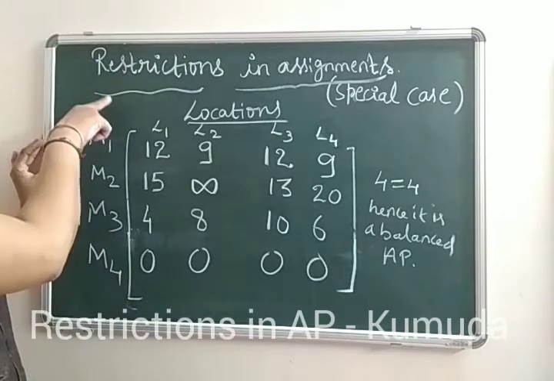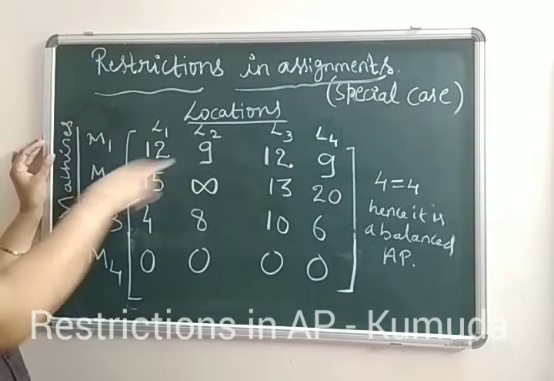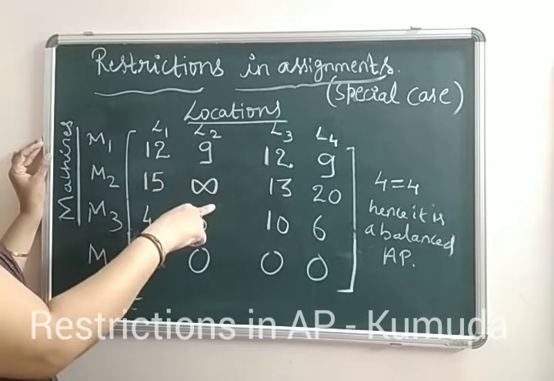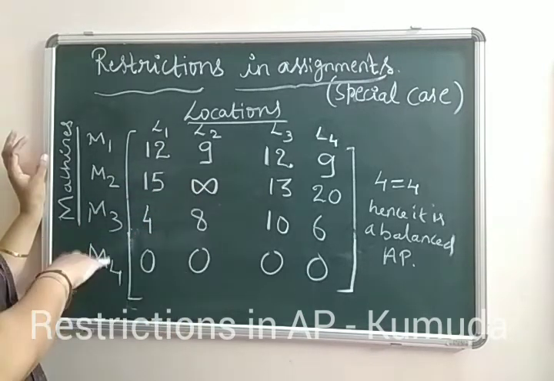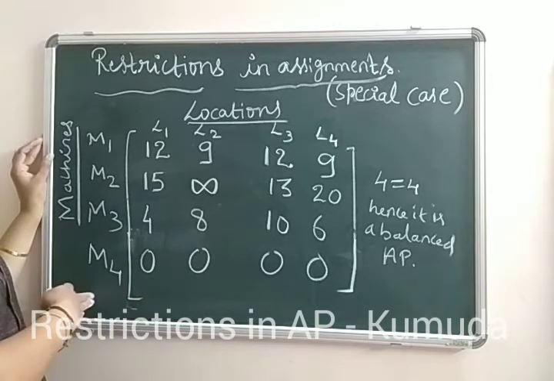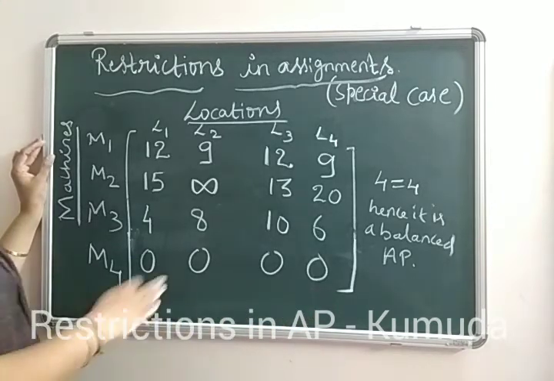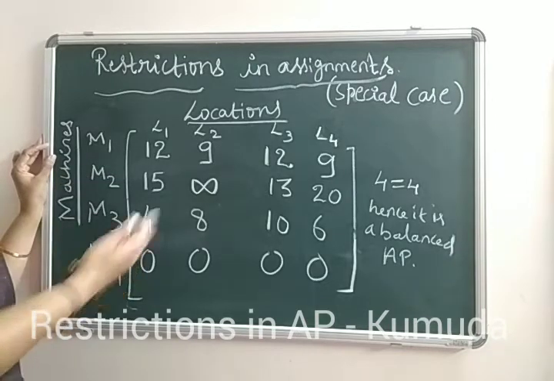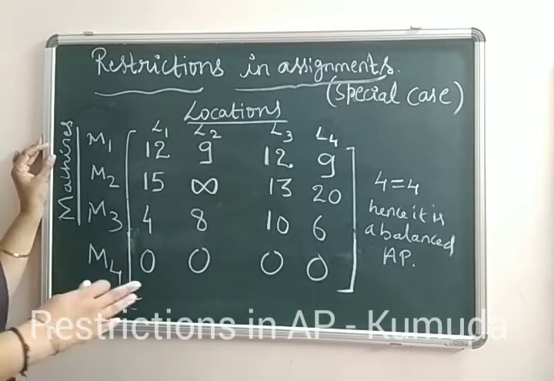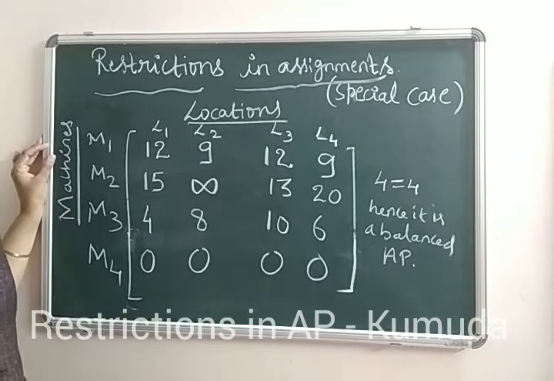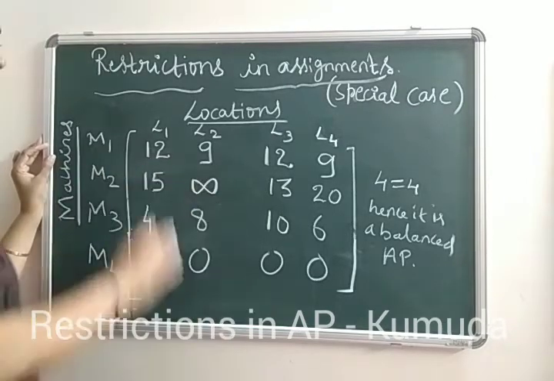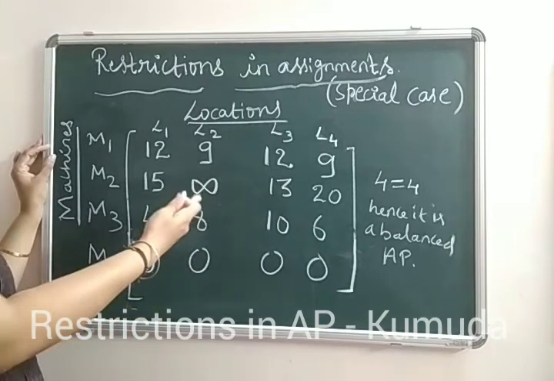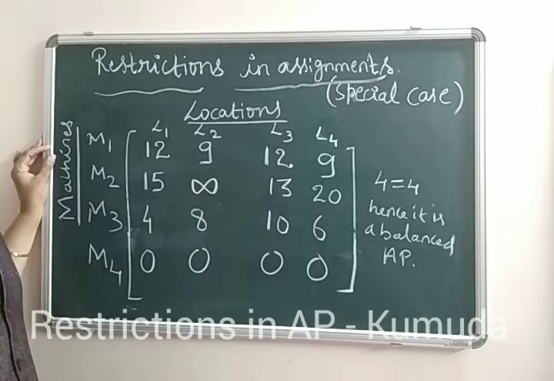So now we have the restrictions. How did we find that? Machine 2 could not be put in location 2, which was a not suitable condition. We have replaced it with infinity. Now we also had a situation where it was an unbalanced AP, so we have added a dummy row. After this, we perform the same steps as previously, that is, do row reduction, column reduction, and then if we really don't have an assignment, follow the Hungarian method also. In all the conditions, the infinite symbol remains infinite only, because any operation that we do with infinity also gives us infinity.